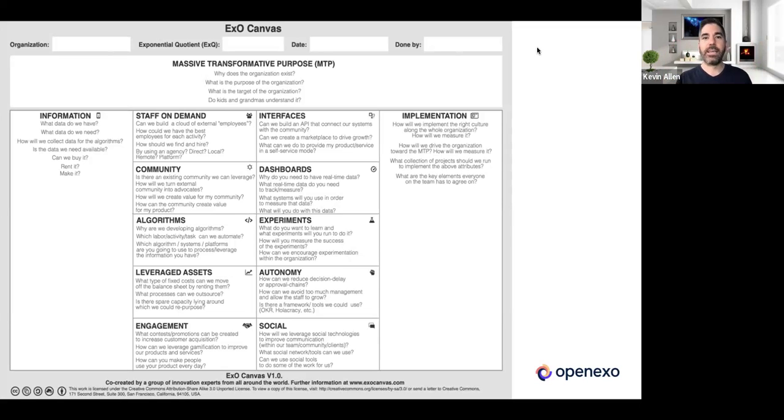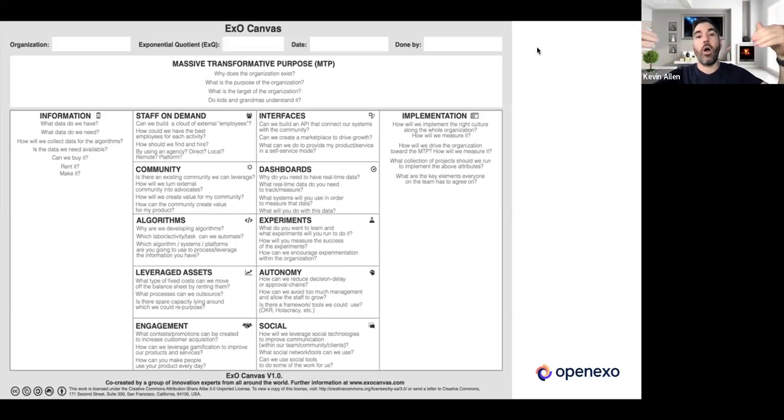What is important, so that it does not derail the entire process of becoming an EXO, is to work with the leadership of the organization to get a good enough MTP that the team can then rally around. It might not be the final best version, but ultimately that is better than sitting for 18 months trying to get an MTP, which we have seen happen within organizations, and that is really slowing you down.